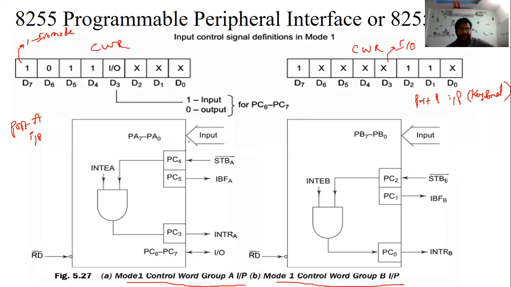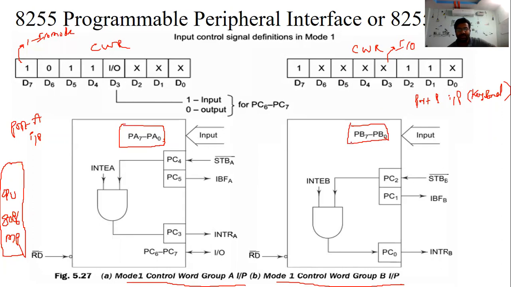Now you can see this diagram very easily. This is the 8255. This side is the CPU, nothing but the 8086 microprocessor. In the diagram you use the RD bar signal. This is port A. We are going to work port A as an input port or port B as an input port.